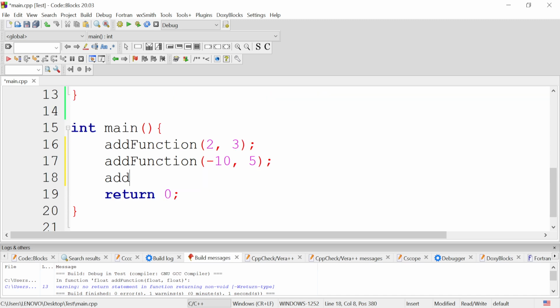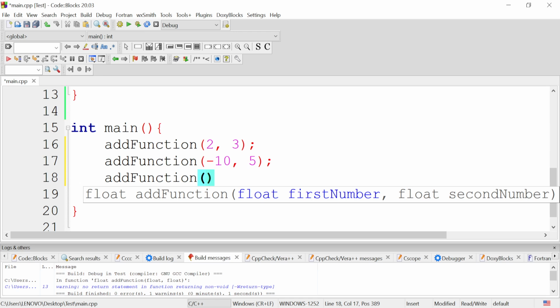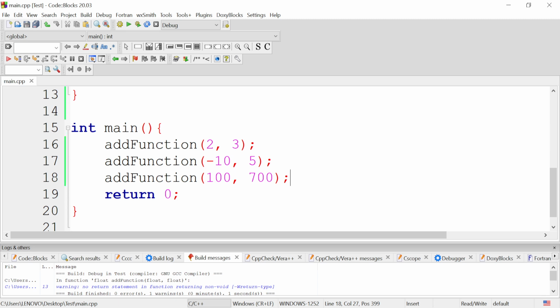Then I call this add function again, and I'm going to do 100, 700. I can call it as many times as I want because this is a block of reusable code. And now when I run this,